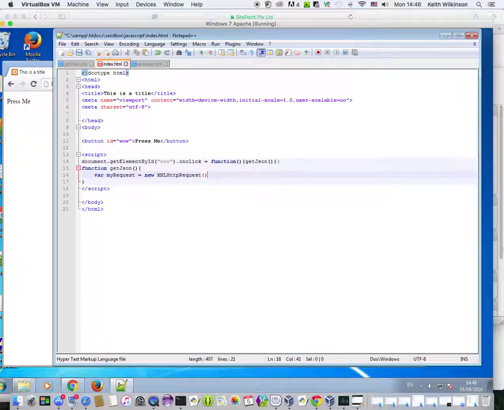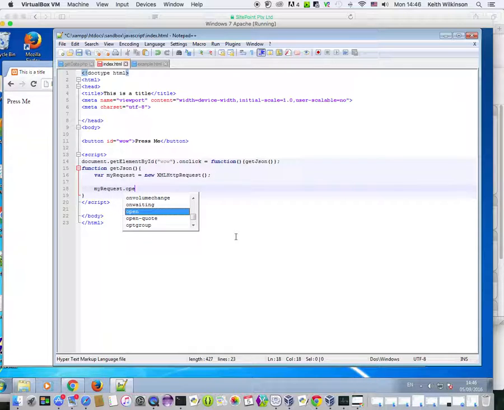We're going to create one of these, and the purpose of it is it can do a lot of things behind the scenes, and we're just going to ask it for one or two bits and pieces. The first thing we're going to do, now we've set up our object called myRequest, is open the page. So myRequest, let's be lazy, myRequest.open,